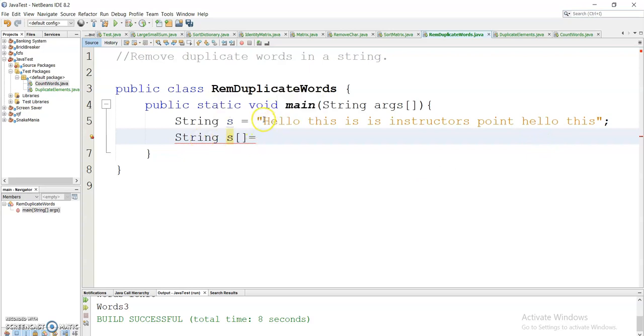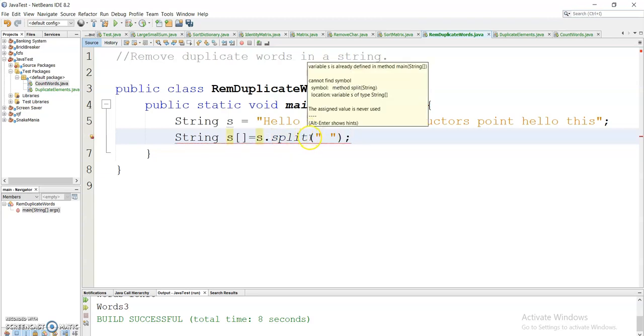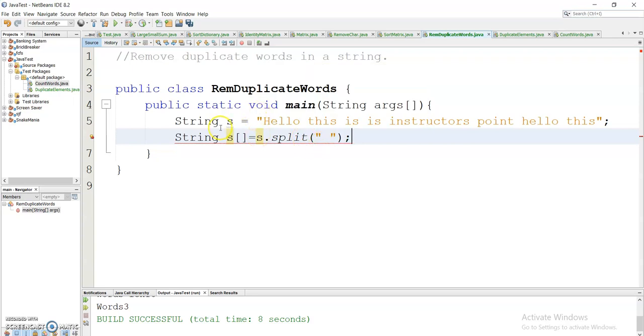I will use the split method, that is, whenever I encounter a space, I will enter the word into the string array. So I will write s.split with a space as the delimiter. This is how our string will be converted to an array.